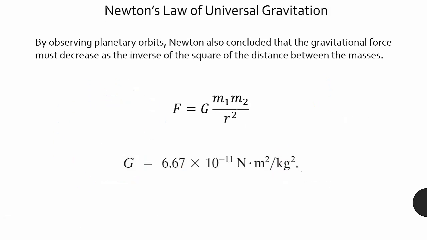As that realization, he found that the gravitational force between any two objects with mass is proportional to the mass of each object. So if you double the mass of the Moon or the Earth, then the gravitational force between those two things would double. And by looking at how the planets behaved, he was able to figure out that that force decreased with the square of the distance. He didn't know this, not yet. He knew that there was some proportionality constant, which eventually we found was 6.67 times 10 to the negative 11th.